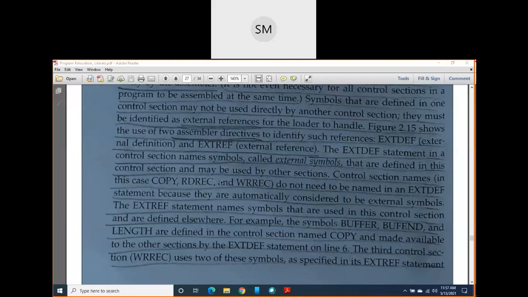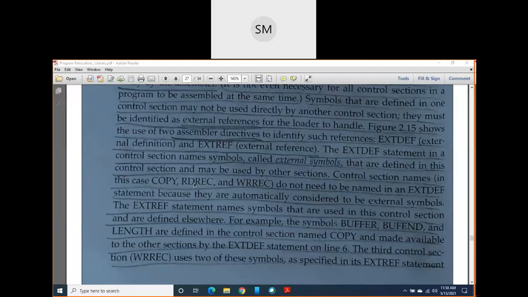We do not need to write them explicitly as external definitions, because by default they are external references. Copy is one control section, read record is one control section, write record is one control section. Definitely, copy is external for read record and write record. Read record is external for copy and write record, and write record is external for copy and read record.